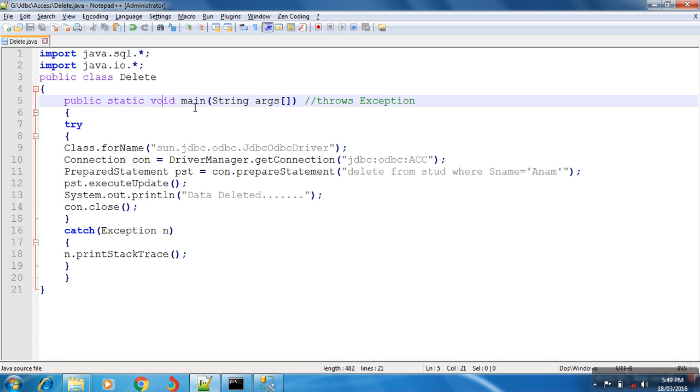We are declaring the void keyword before the main function because your function will return some value; that value will be 0. That's why we declare the void keyword before the main function. Correct? String is a data type, args is a variable, and it is an array.